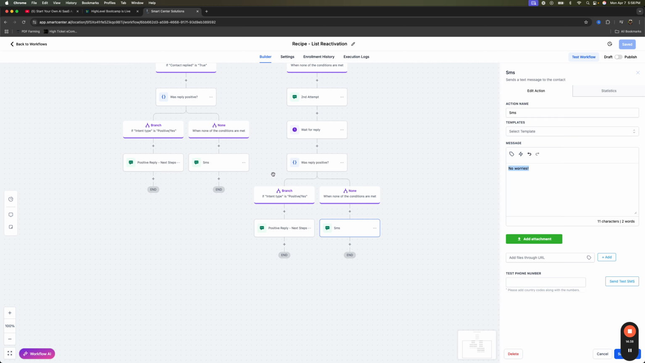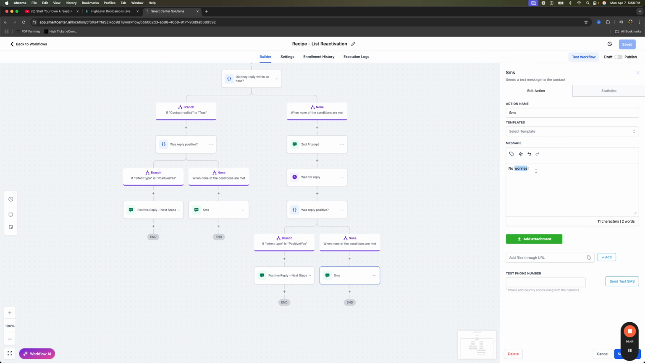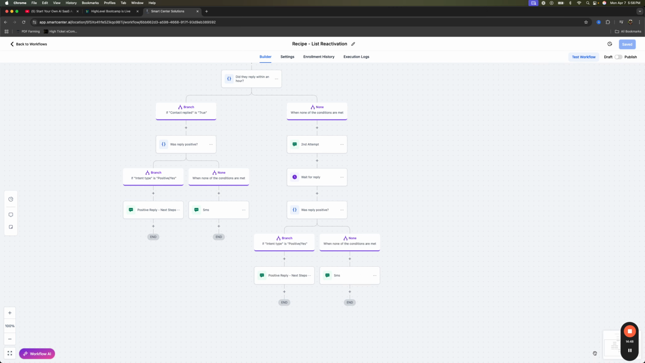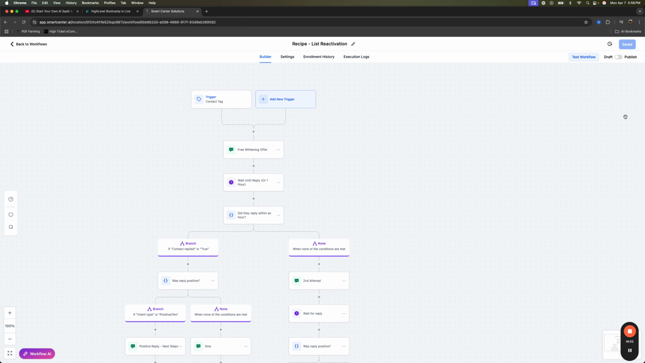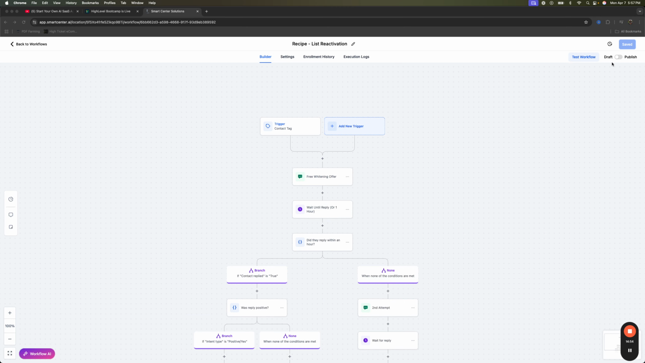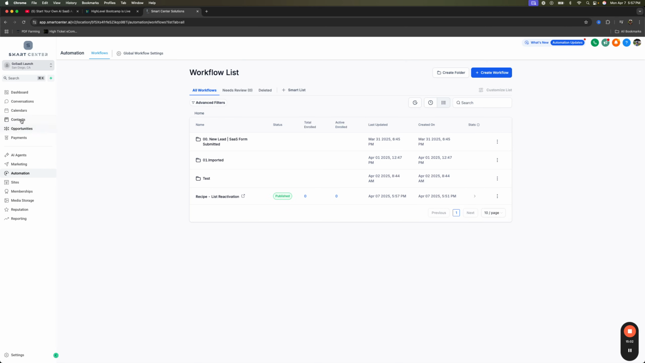Again, this is just a preloaded automation template, so that's why it's so simple. But please feel free to add your personal touches. Now, let's see this in action. So I'm going to publish this workflow. I'm going to publish, I'm going to save, and the next thing I'm going to do is